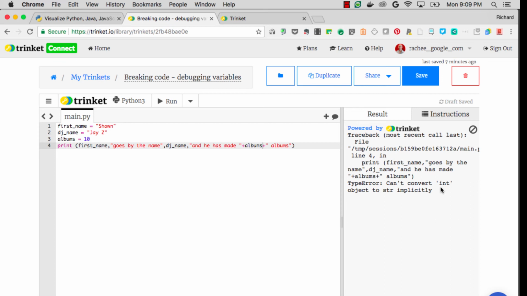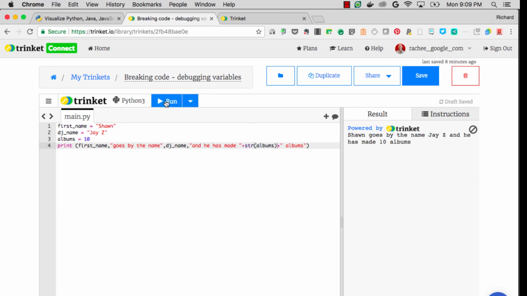So basically you have a type of object called a string. So Sean and Jay-Z, those are strings. Albums is a number. It's specifically an integer. An integer is a whole number, positive or negative, in Python. And you just can't combine these two together. You can't add them together because when it sees addition with a number, it's expecting another number. Or if it's seeing addition with a string, it's expecting another string. So you just can't add a string and a number together. You have to convert. In this case, we'd have to convert albums to a string using this method called string, and that'll allow it to then be added to another string. So it's a little bit complicated,